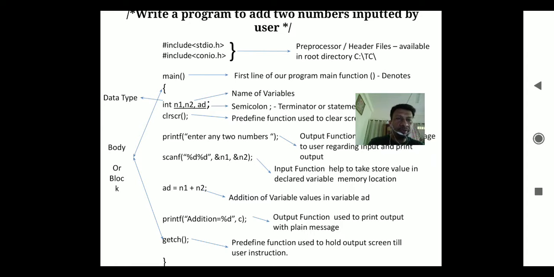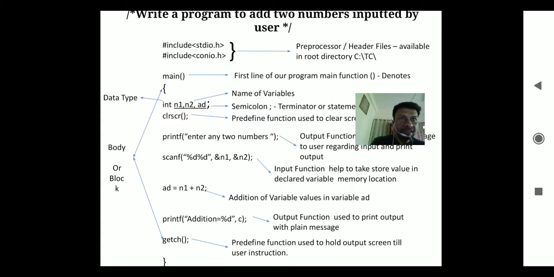without space, without comma. This is known as control string, so we put this %d two times without any space or comma, because we have to store two variables entered by the user, that is n1 and n2. Then we use a separator, that is comma. Ampersand n1 is used to store the value of input in the memory location of that variable.